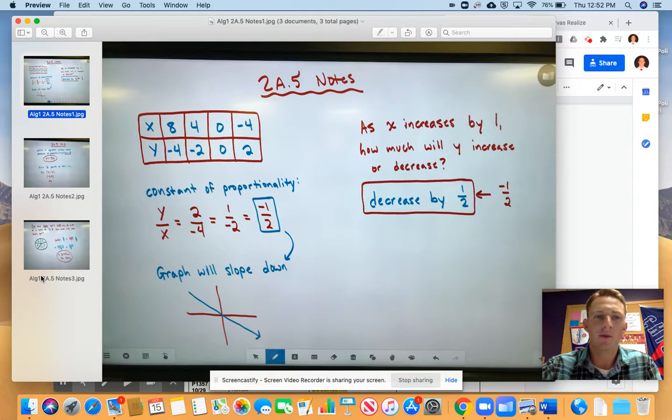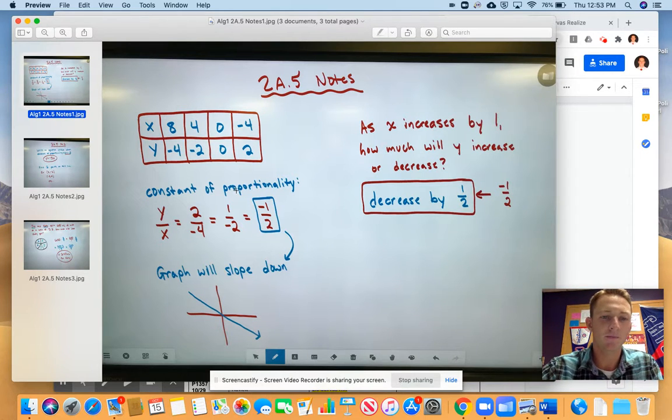Hey, Algebra 1, we have 2A.5 today. So in your first problem, they're going to give us a table, and we have x values and y values. This one is horizontal, it's on its side. Usually we see an xy table with x going down and y going down on the right. But this time we have x on top, y on the bottom, and we need to find the constant of